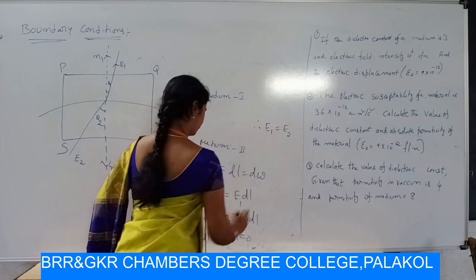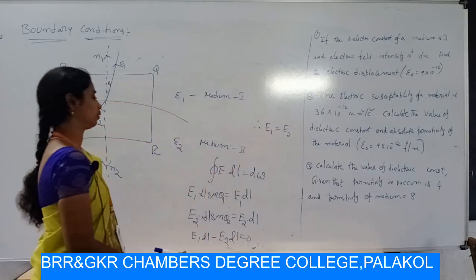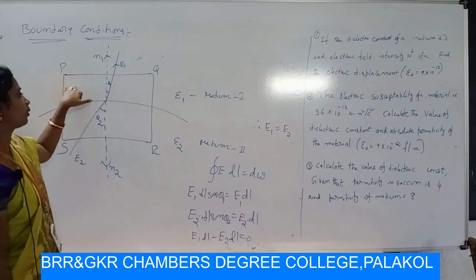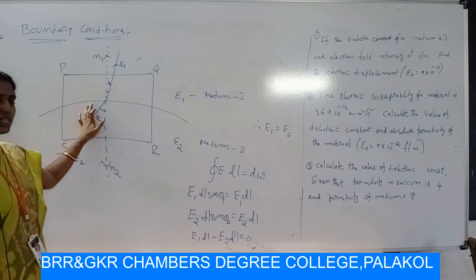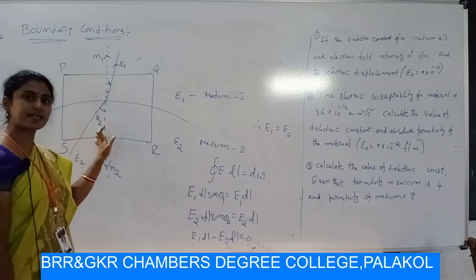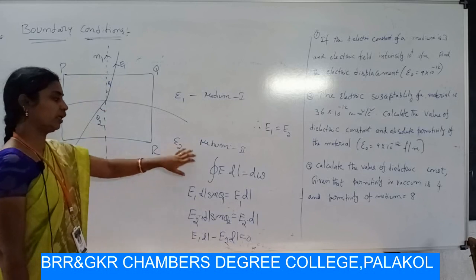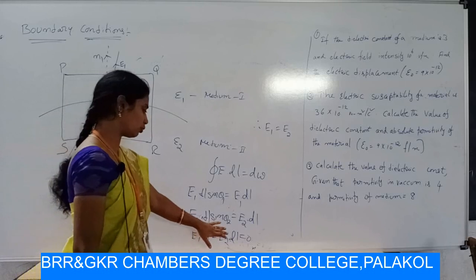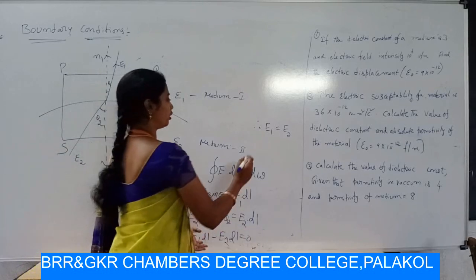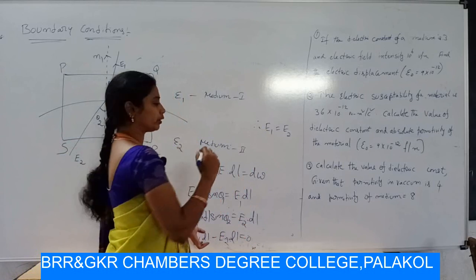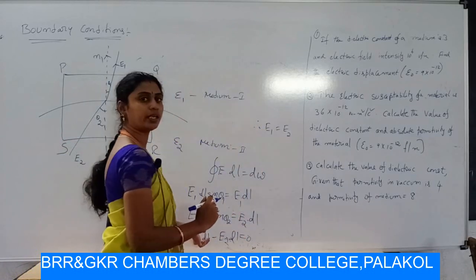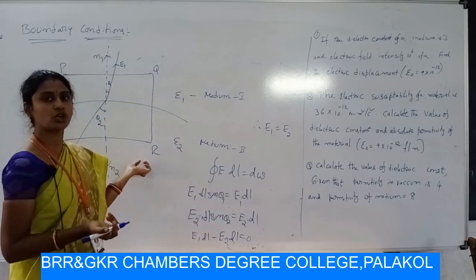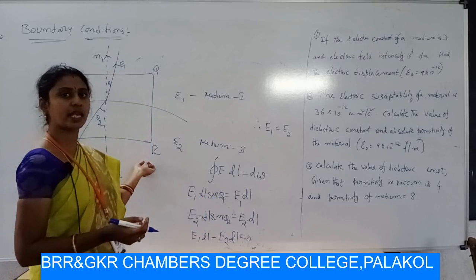It means that the tangential component of electric intensity is the same on both sides of the dielectric media. Hence the work done for these longer sides must vanish. Then E1 dot dl minus E2 dot dl is equivalent to 0, and automatically E1 dot dl is equal to E2 dot dl. Then we can write that the intensities are the same. Hence we prove the second boundary condition, which is that the tangential component of electric intensities are the same on both sides